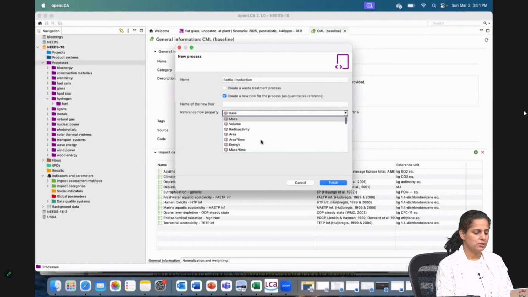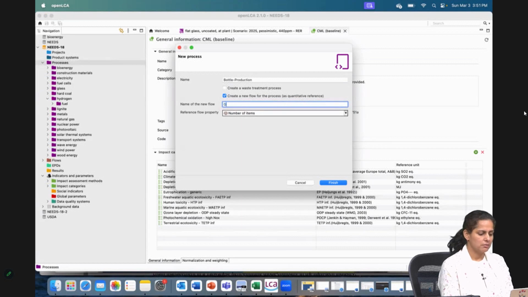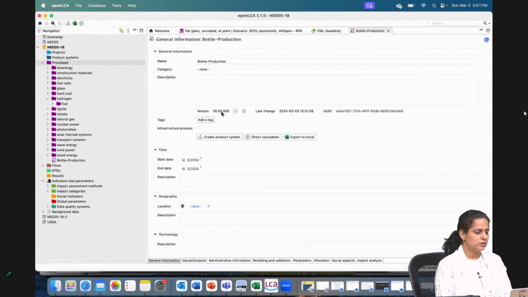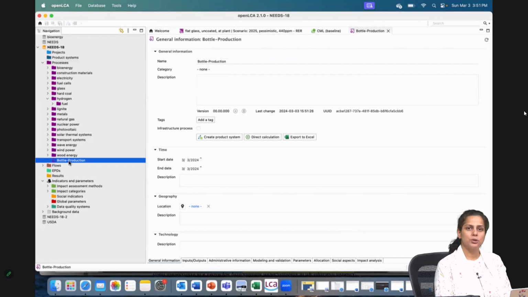Since we will be using the total number of bottles, we will say number of items. This we can name as glass bottles being produced in the system. When we say finish, we will see that under our processes we have a new process